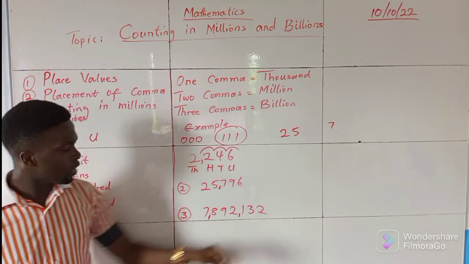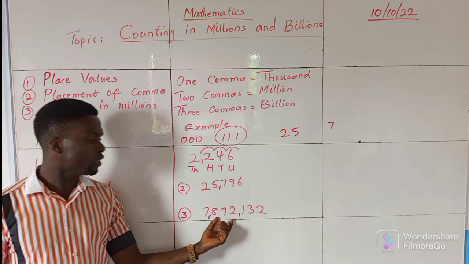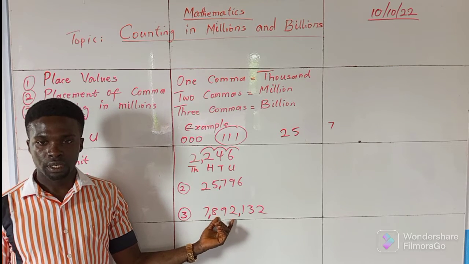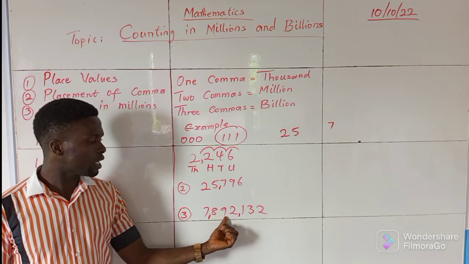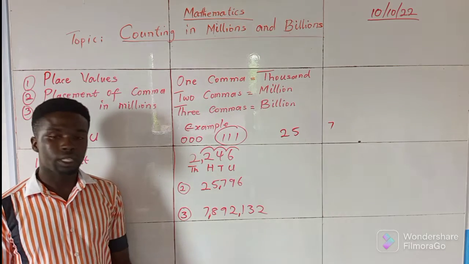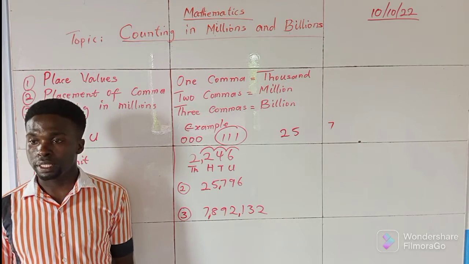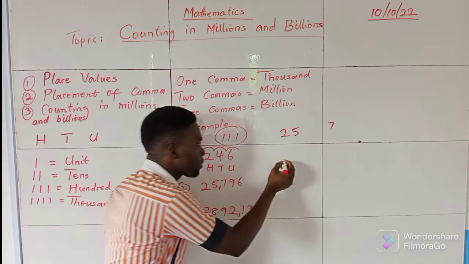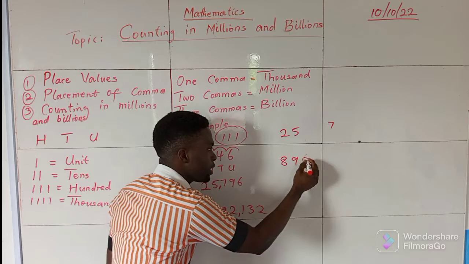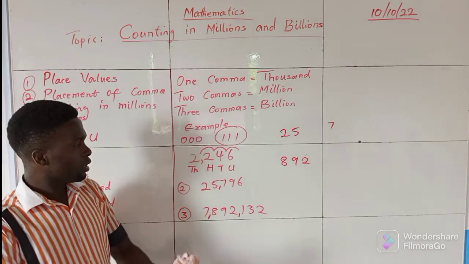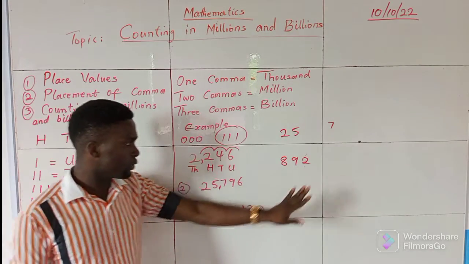7,892,132. Now you have seen that your hundred, tens, and units does not change. Even in the second part, you call it 892, just the same way you call it when it is separated. The same way you call it 892. If you are asked to write 892, it will still read you